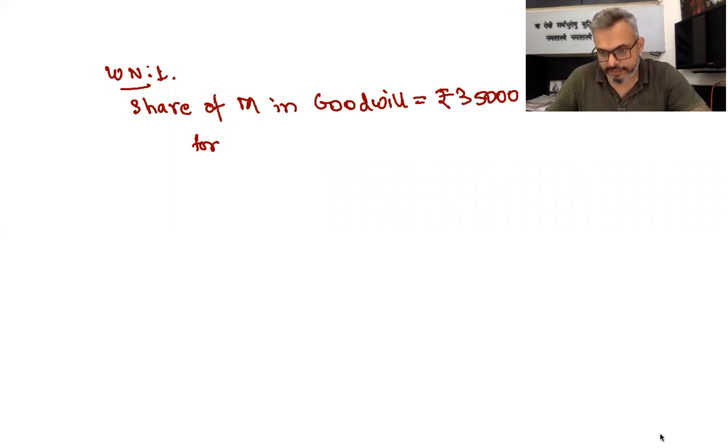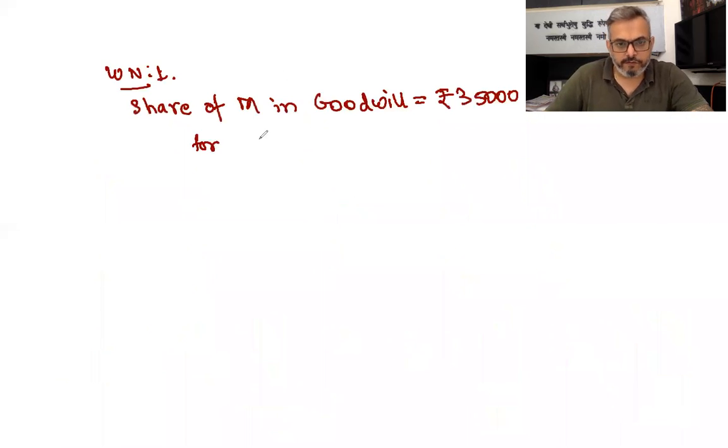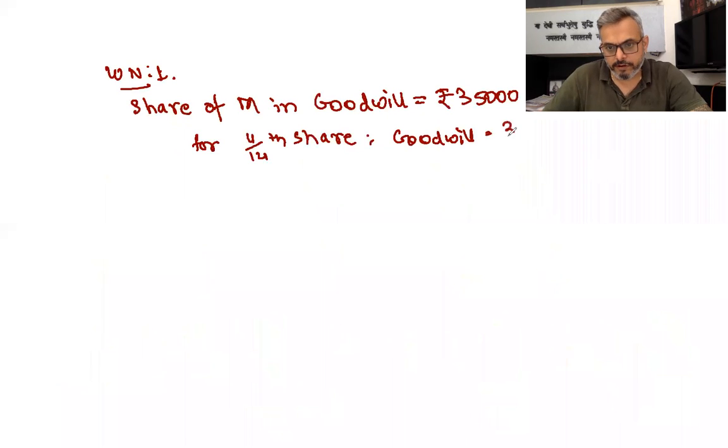We had calculated share of M. M का शेयर है 4 by 14. So 4 by 14th share of goodwill is equal to 35,000. Therefore, for one share, यानी पूरा goodwill of the firm, goodwill is equal to